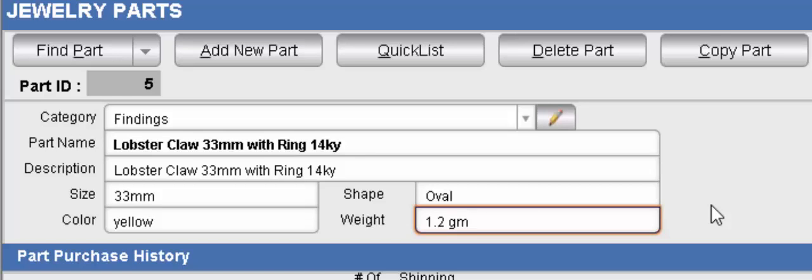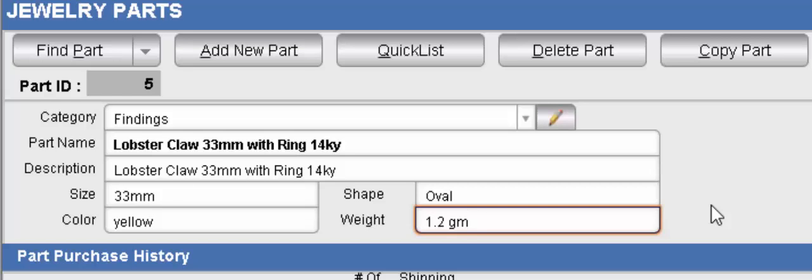Now, if you have another lobster claw that's very, very close in size and you truly use it interchangeably, say it's one that you buy from Rio and one that you buy from Fire Mountain, and they're almost identical and you really don't care which one you use when you reach into the bin, then it's conceivable that you could include those 2 slightly different lobster claws in this part ID. But except in cases like that, it's very important to keep each component distinctly separate from every other component in